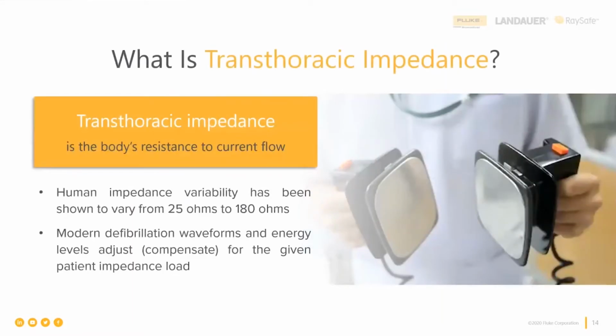So here's the real deal. Transthoracic impedance is the body's resistance to current flow. And we are going to deliver our defibrillation shock through the skin, which is why we have the pads, and we try and reduce the skin resistance. But that's not all of the resistance that's presented, because that current that we're delivering has to get all the way to the heart itself